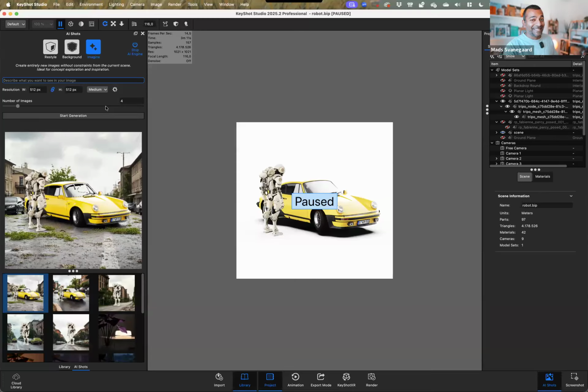I rarely use it. I would say it's the least used AI tool in this. I use Restyle the most, then background, medium, and then this one almost never, because I use Midjourney or something else instead to generate. Right. So, for instance,